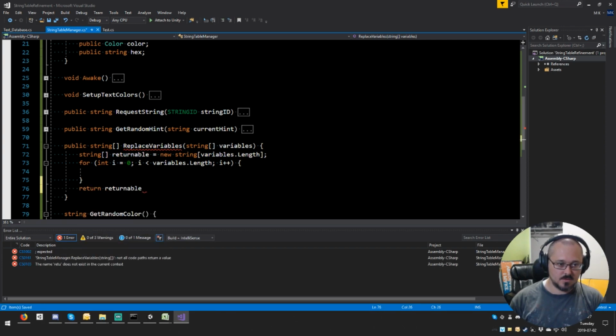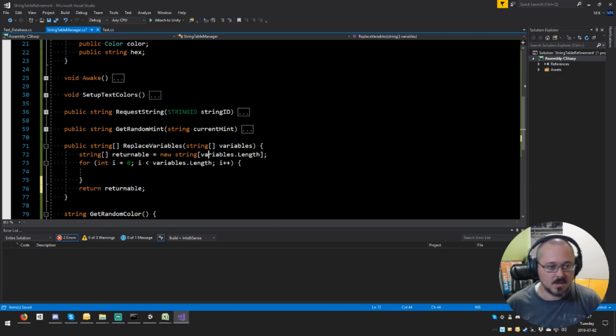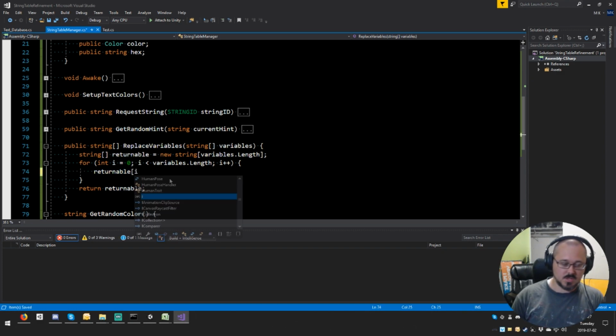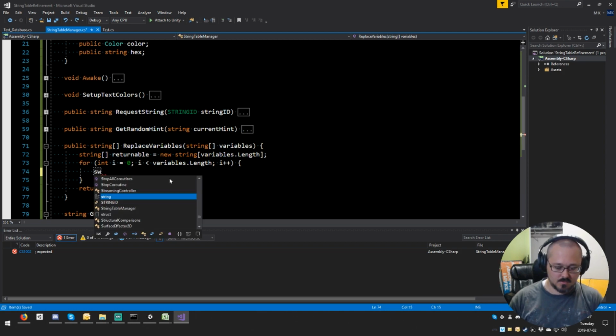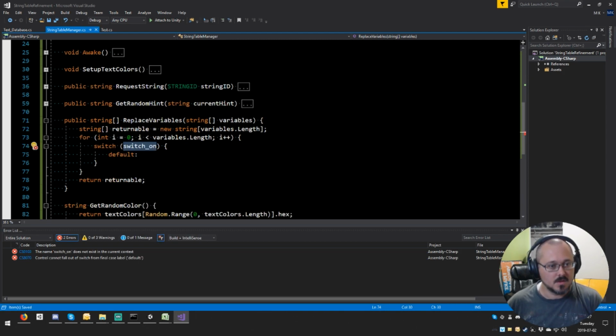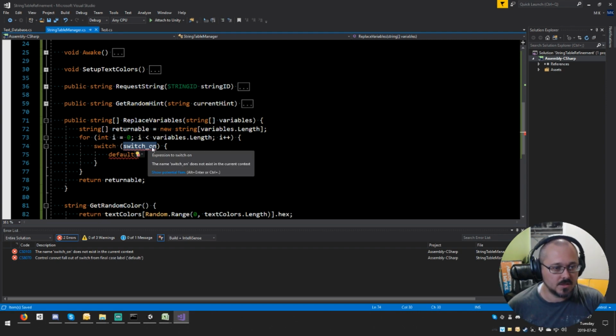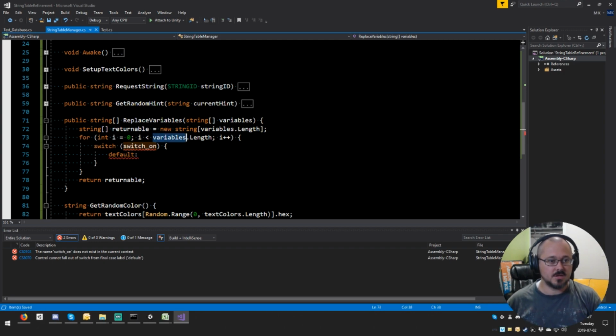Returnable. Okay, so returnable I will depend. We need to do a switch on. So we need to check variables I